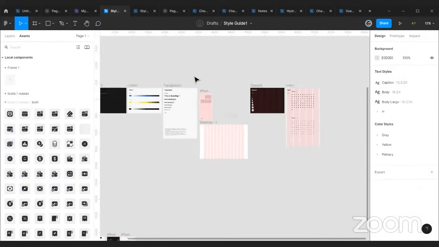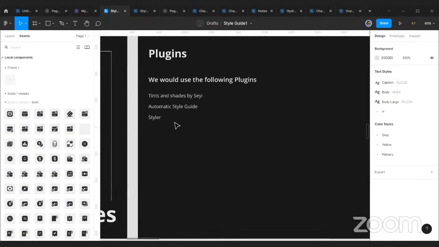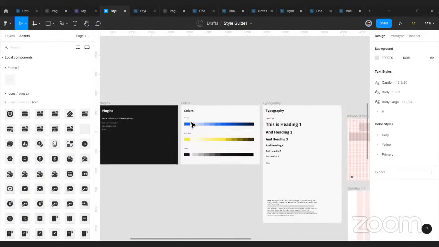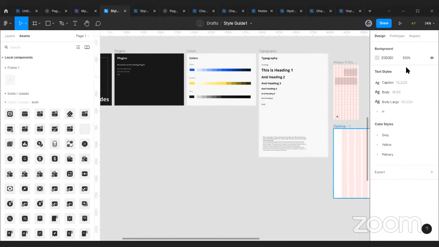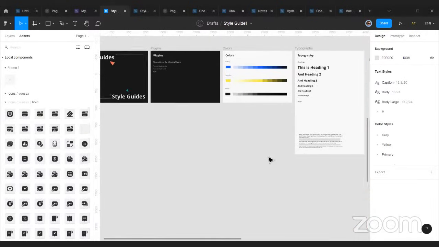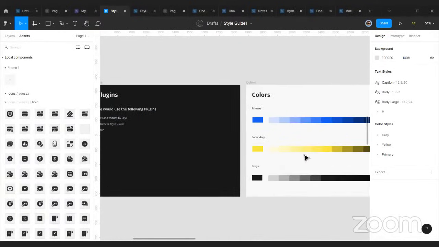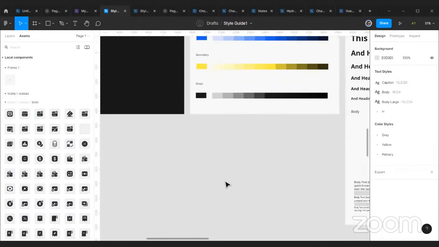And sorry, I think I forgot to add one more thing. The last plugin, which is the automatic style guide. Although you might decide not to use that. You can always decide to document your stuff the way you want to. But mind you, you can't run the automatic style guide if you've not created your styles, like your text styles. Since I already have color styles and text styles,